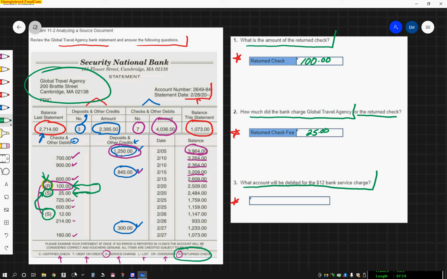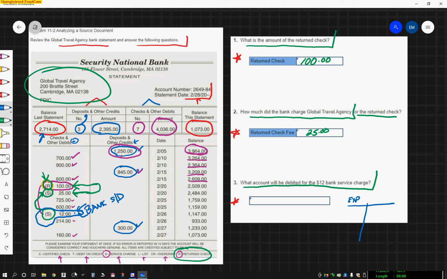This is the first time you're seeing this charge. Okay, you don't get a bill in the mail. It doesn't get invoiced to you. You don't write a check for it. The only source document that this service charge is going to show up on is the bank statement. So the bank statement is your source document, right? So this $12, and as we know, a bank service charge is a fee. It's a charge. Now, let me reframe that. It's an expense. So you could say expense,